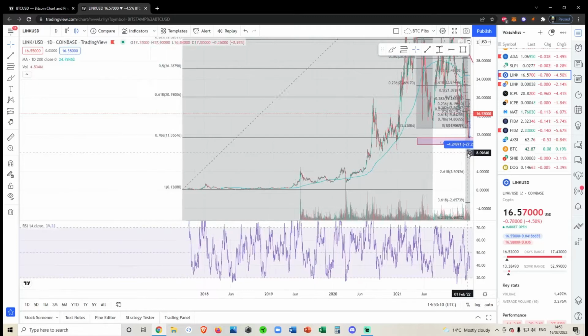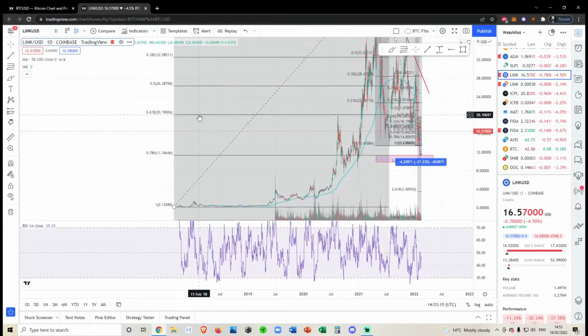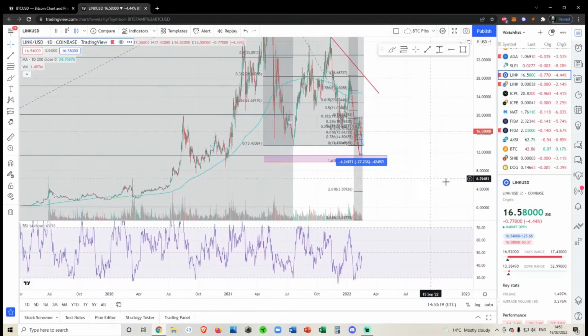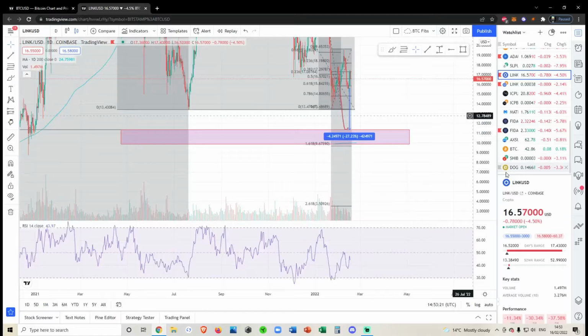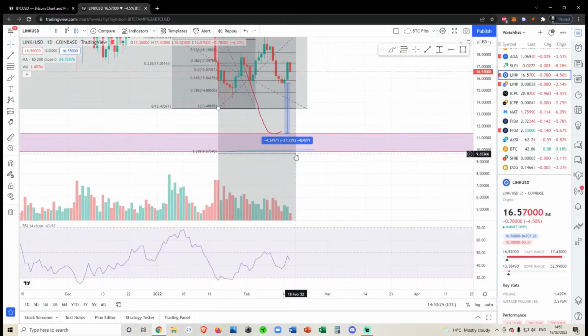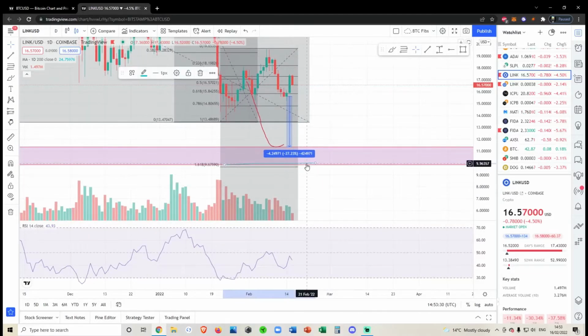So if we zoom out, you can see the 11 is the 786, so we are below the 618 right now. There is quite a strong possibility that we'll bounce on the 786 down here, but that's still quite a hefty drop. And you can see the second red box is down here at the 1.618, but you can also see it lines up nicely with the